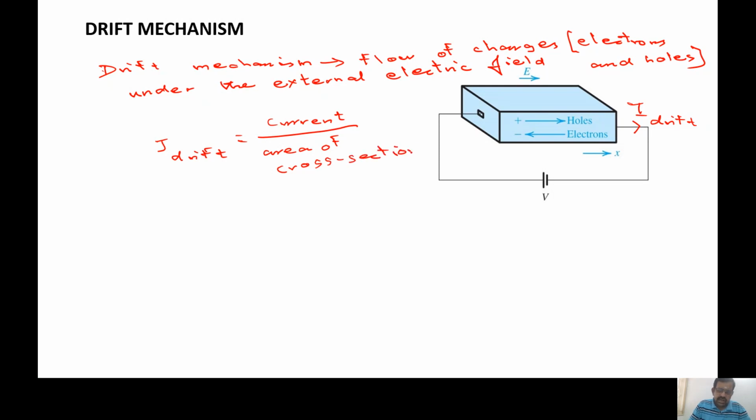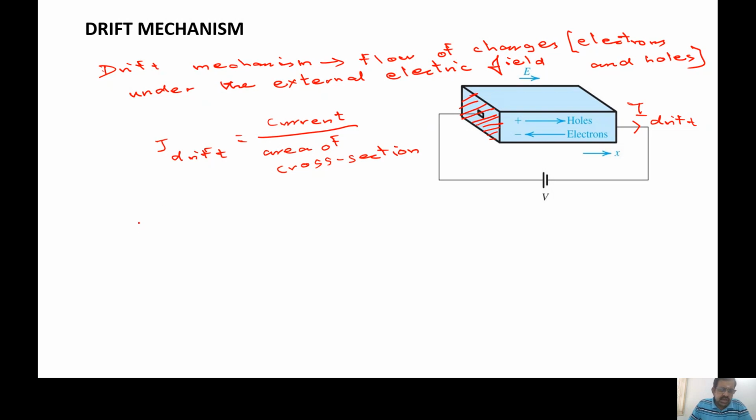Now, what is this cross sectional area in this picture? The cross sectional area in this picture is this one. So you can clearly see the normal to this area and the direction of the current are in the same direction. Okay, so I repeat, the normal to this area. Okay, so the normal is this. So that is the direction of the current flow. That is exactly what I want you to understand. In other words, it is the area of the plane that is perpendicular to the direction of the flow of current.